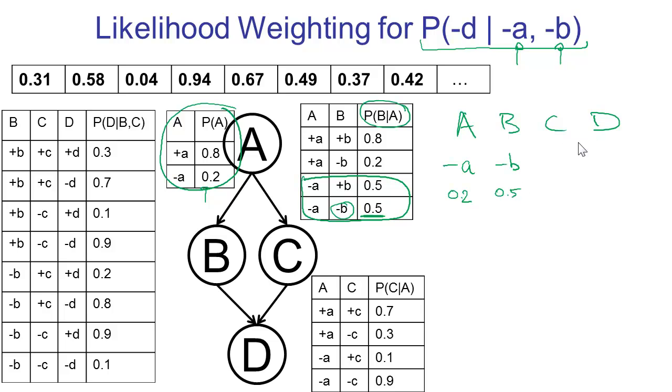We go on to C. C is not an evidence variable, so we just sample it. Here's our table for C. This will be the first variable we sample for this likelihood weighting execution. We have 0.31 as our first number. 0.31 will map to